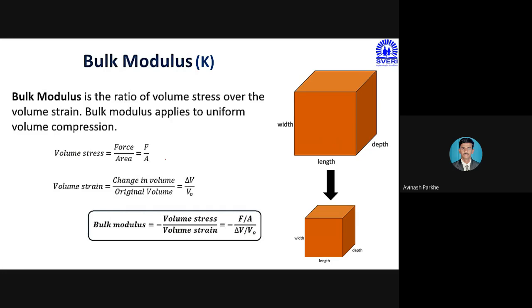So if I have to calculate that change in volume, I can say the change in volume can be represented by delta V. If I have to calculate the change in volume delta V, at that time I have to use this particular K as a constant parameter for the further calculation. So again, the definition is the same. Bulk modulus is equal to stress upon strain. But which type of stress and which type of strain? It is the ratio of volumetric stress upon volumetric strain. So these are the three elastic constants which we have to use for our calculation, or sometimes it will be given as it is in the statement of the problem as a given parameter. We have discussed this in detail in the last lecture itself.